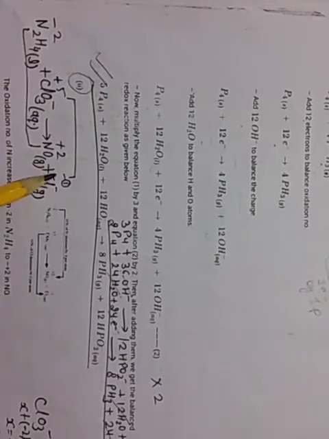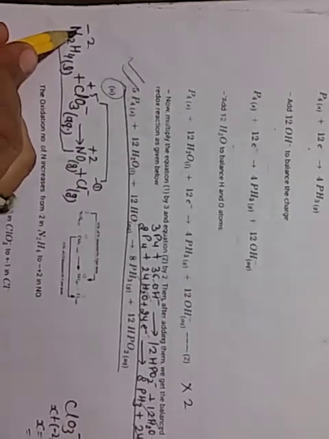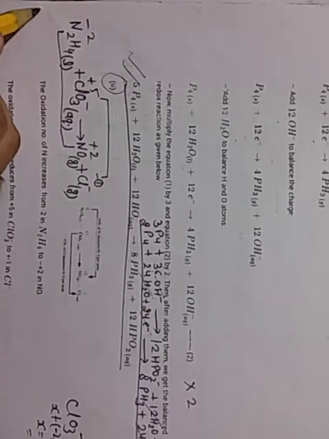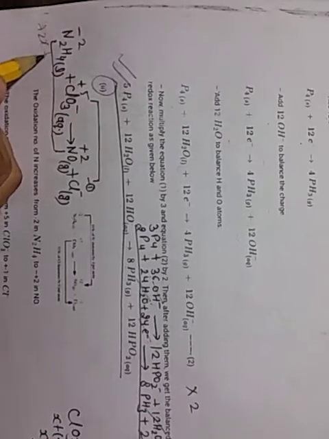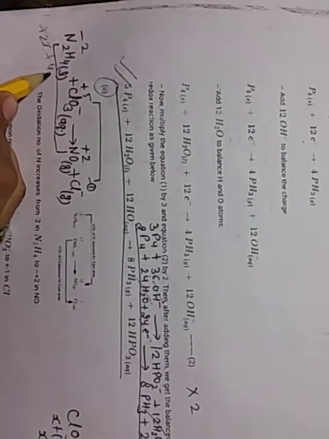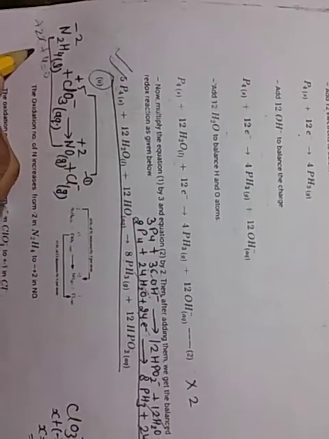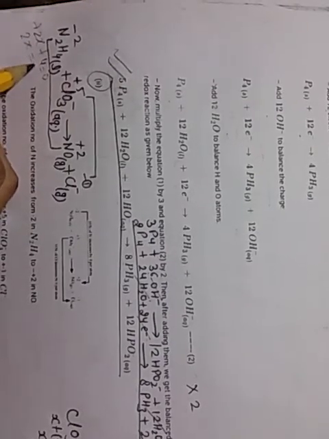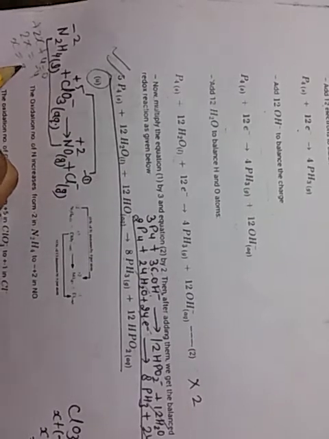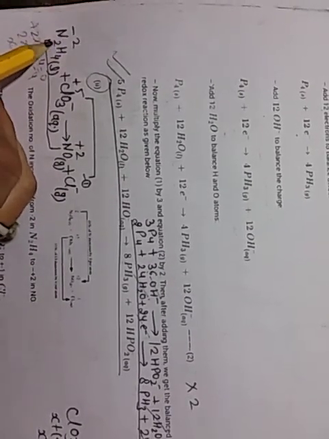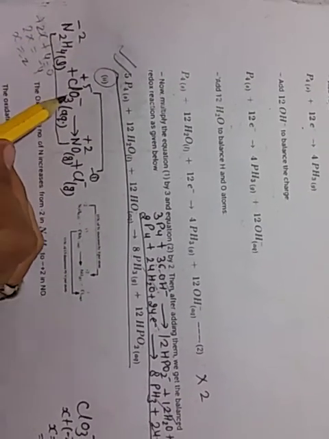We balance this equation by the ion-electron method. First we have to see the oxidation numbers. In N2H4, find the oxidation number of nitrogen: 2x plus hydrogen plus 1 times 4, so plus 4 is equal to 0. So 2x is equal to minus 4, so x is equal to minus 2. So nitrogen is minus 2, and in ClO3 minus,